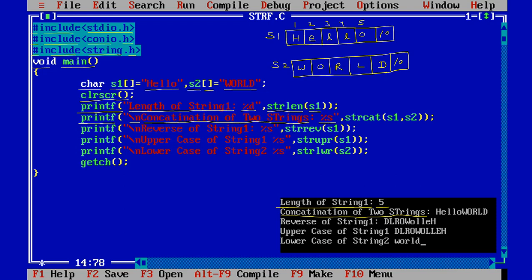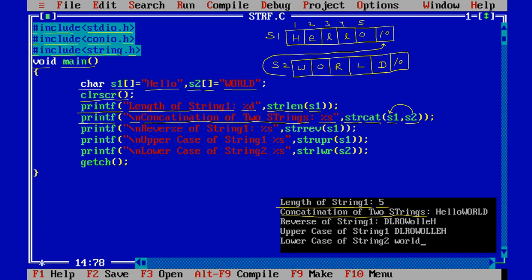Then strcat, string concatenate, means combining the strings s1 s2. So now we are going to combine the strings, and we know that the string s2 will be combined with s1. So here the value of s1 will be updated. Now if s2 is going to be added into s1, it will be added at the end.